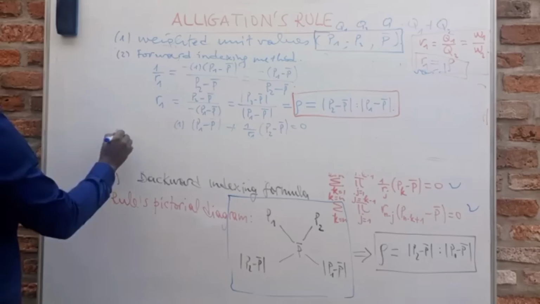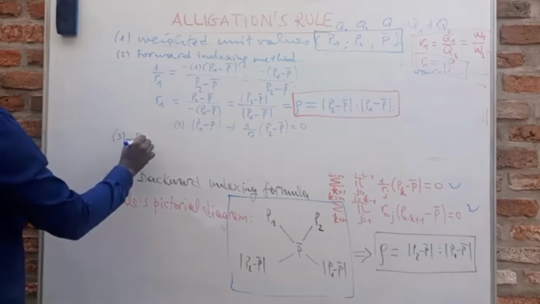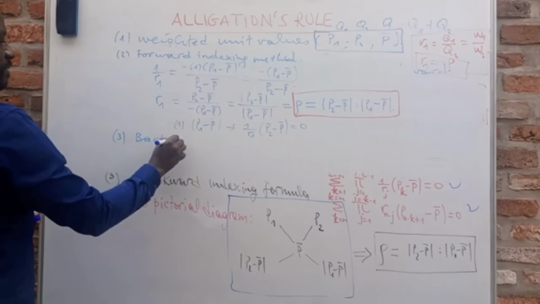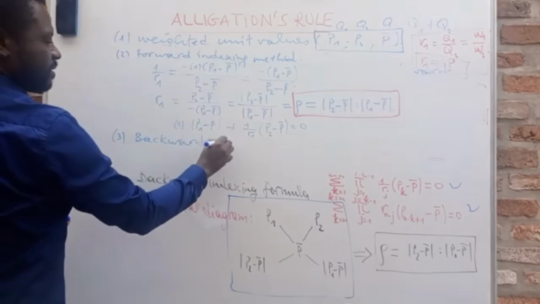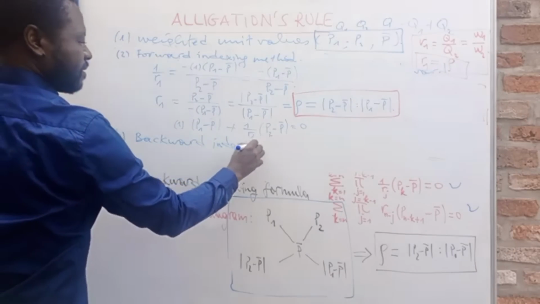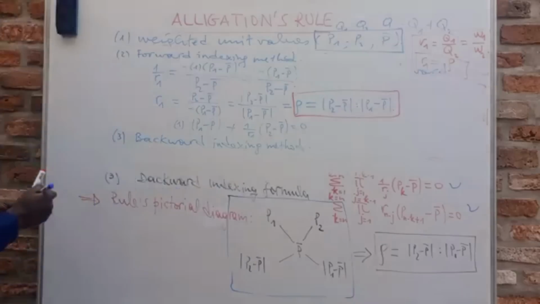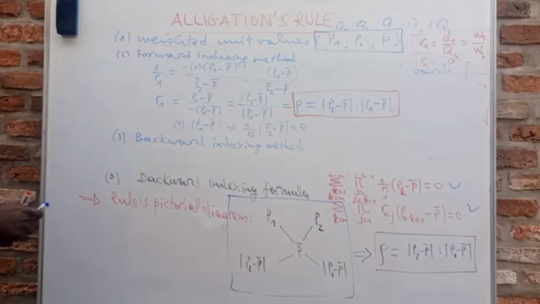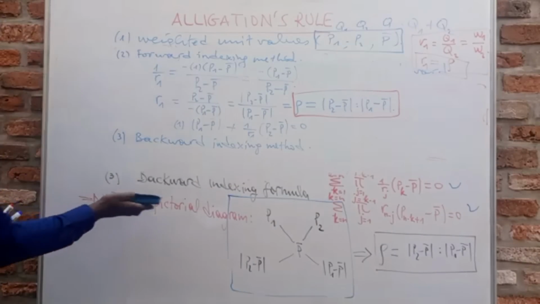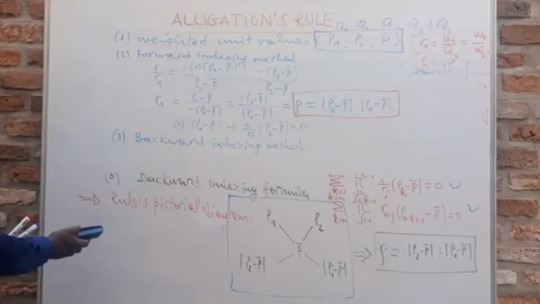Using the same color, this is the backward indexing method. So we will have this formula in which